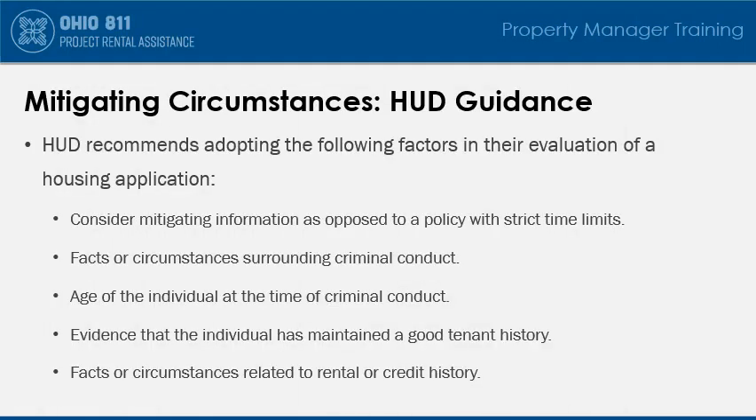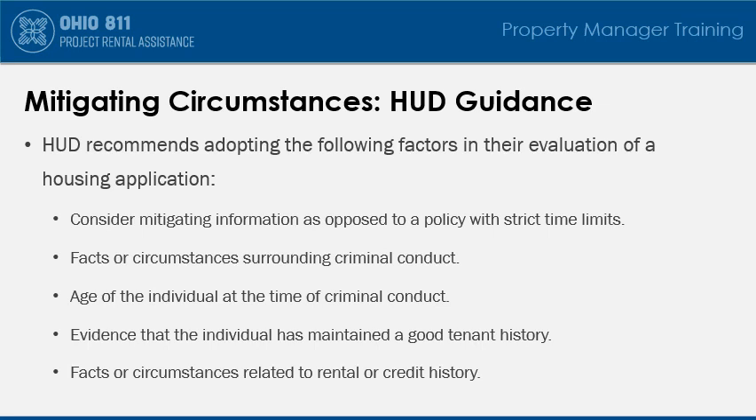HUD also recommends a policy that considers mitigating information as opposed to a policy with strict time limits, which is less likely to be discriminatory and therefore less likely to be a violation of the Fair Housing Act. HUD recommends that housing providers adopt the following factors in their evaluation of an application: the facts or circumstances surrounding the criminal conduct and the age of the individual at the time of the conduct,